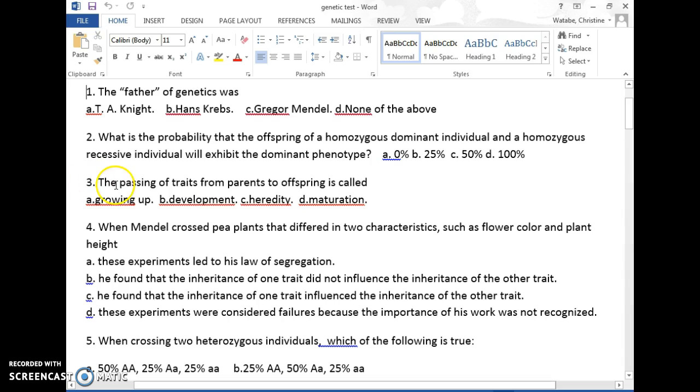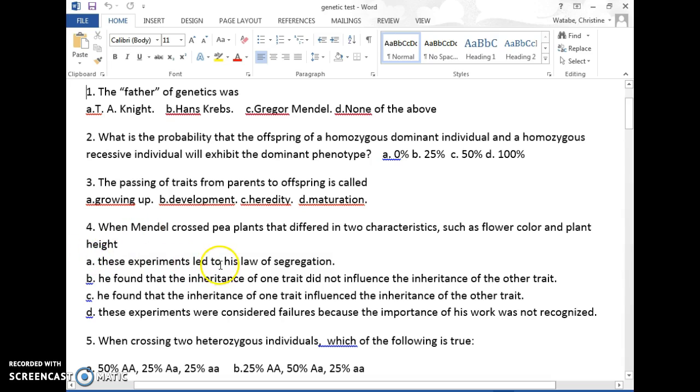Number 3, the passing of traits from parents to offspring is called A, growing up, B, development, C, heredity, D, maturation. Number 4, when Mendel crossed pea plants that differed in 2 characteristics, such as flower color and plant height,